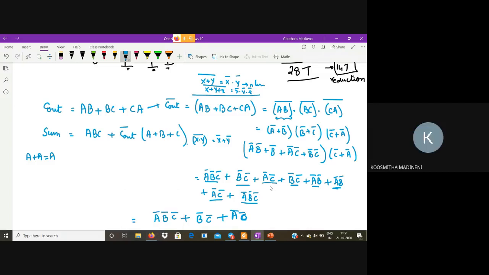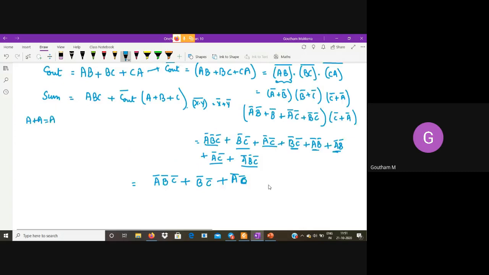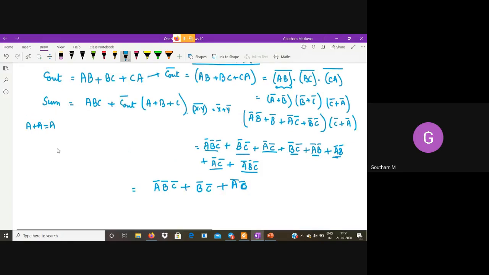Okay, sir. Any mistake? If I did any mistake, I won't get the answer. Let us see. Sir, A bar B bar is not taken, sir. Sorry. A bar B bar, of course, it has to be taken. Right. Thank you. This fourth term I missed, as you rightly pointed out, and I'll include this Cout bar here.